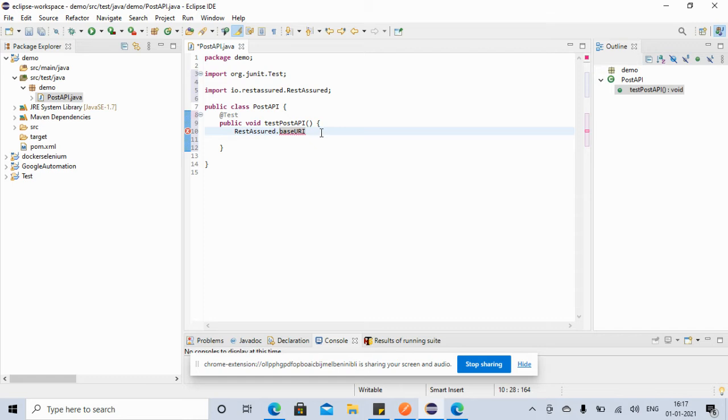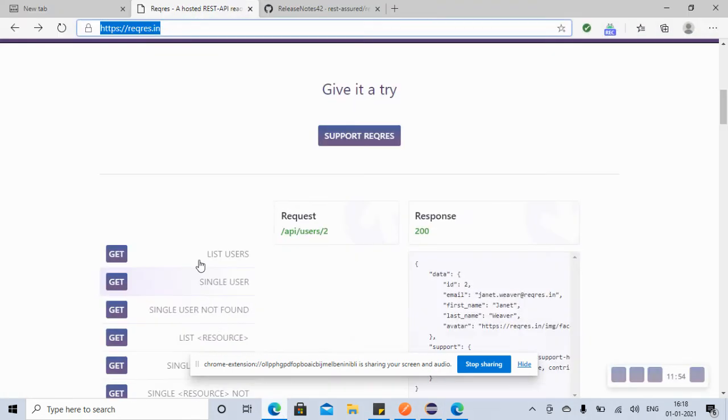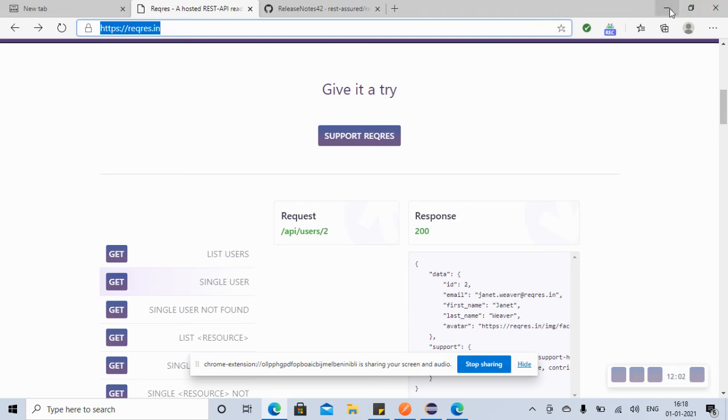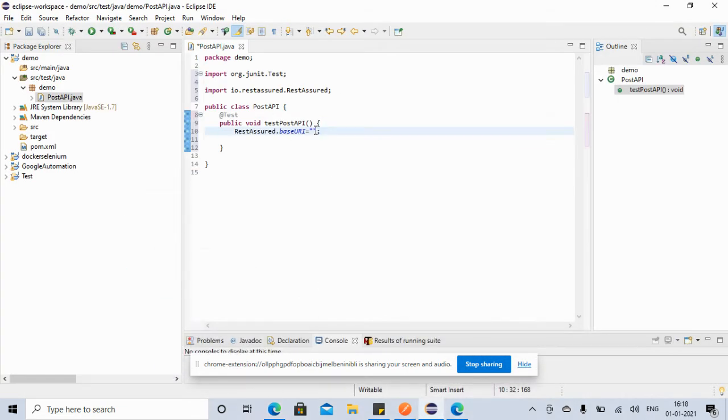So right now we just want to provide the URI. Okay, so what is the URI? The URI will equal to, let's copy it from here. This one, I think, let's copy it like this, and close it here. Okay, good. So we provided it.